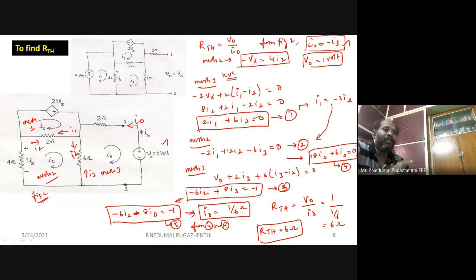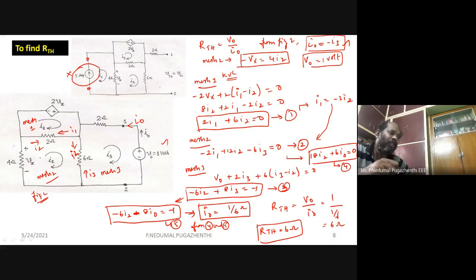So very simply done. We have connected a voltage source across the terminals 1 and 2. We have kept that dependent source and eliminated that independent source. You can see that this 5 ohm resistor is not present in the second figure, because the current source has to be open circuited, so no current flow will be there. So we have taken this diagram, figure 2, for getting your R Thevenin.